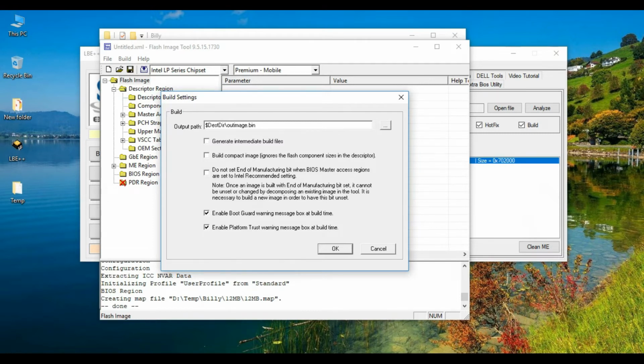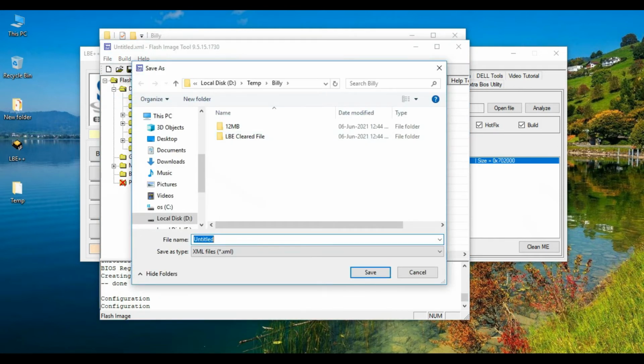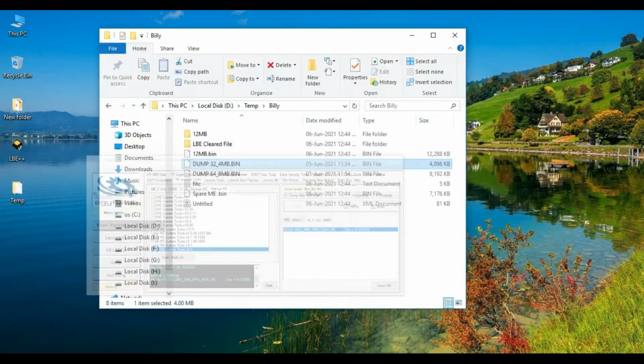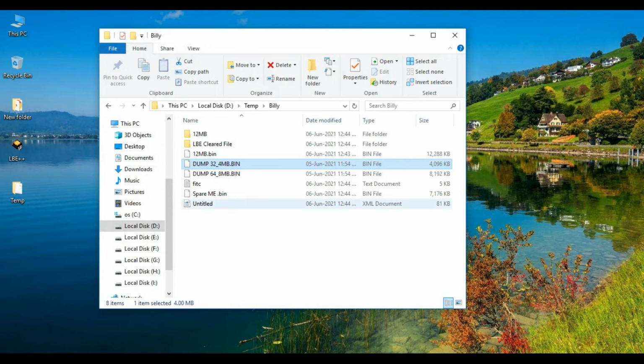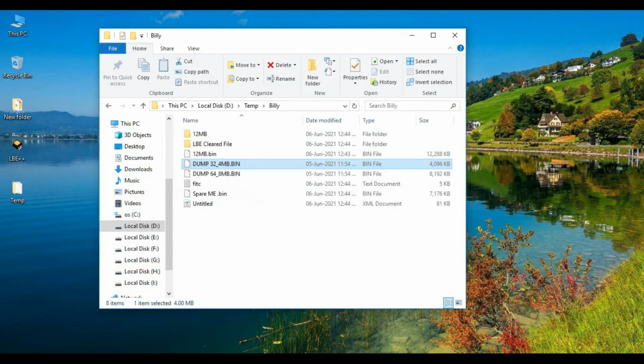Okay, file, save as, give some name or leave it untitled, save. Now go to that working folder. Here we have a spare ME.bin which is copied from here. This is copied as a spare ME.bin automatically.